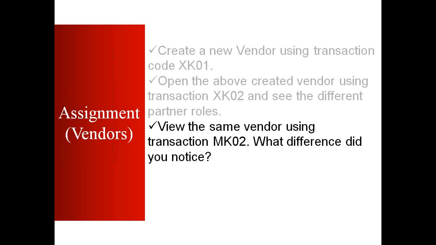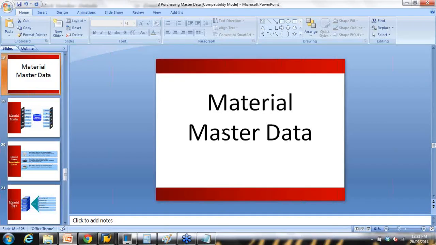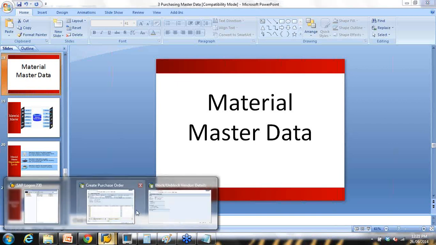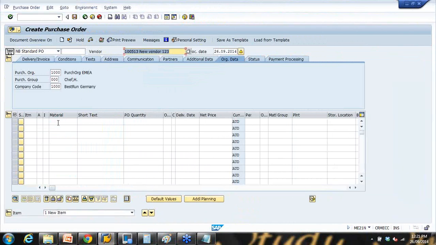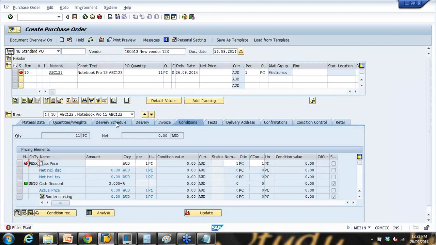Now we'll start the next topic, which is material master data. What is material master? Again, as I said earlier, whenever we create transactional data like a purchase order, we just enter the material number and the system will pull out all the information about the material. Here, if I enter ABC123 material, enter a price here, it's asking for a price,